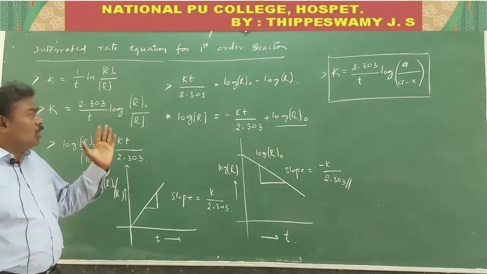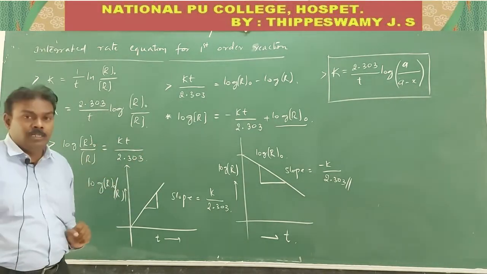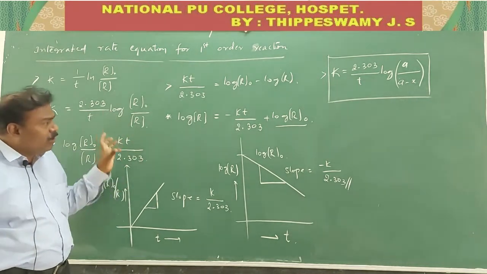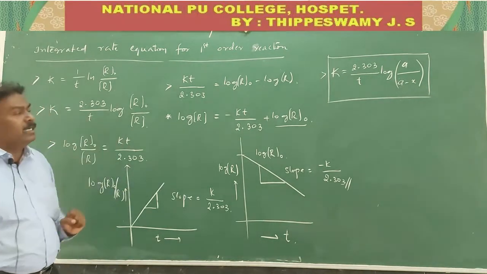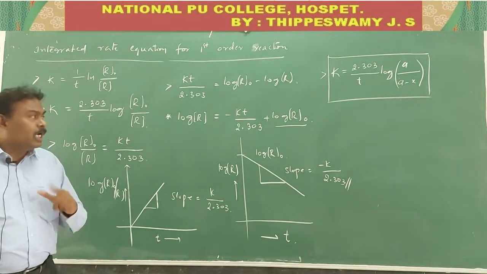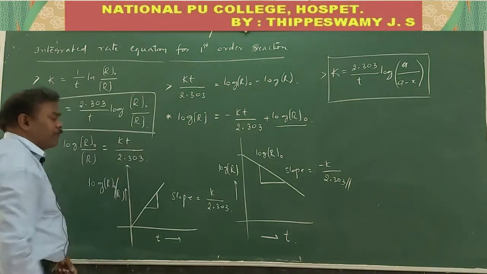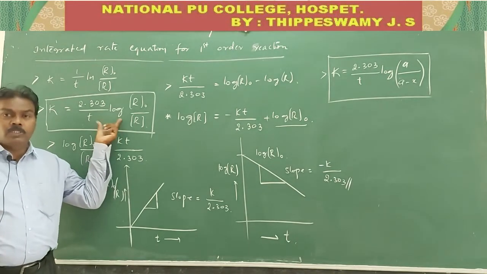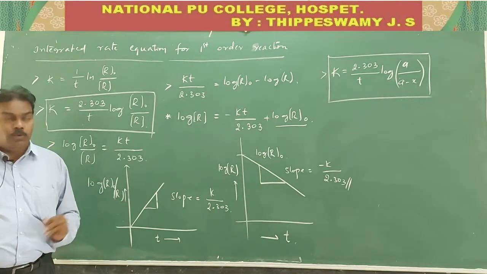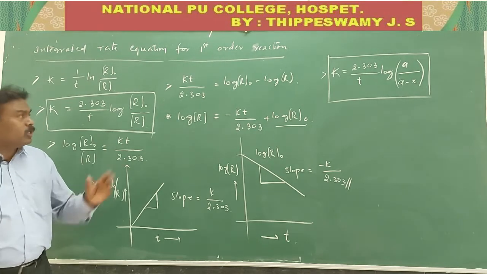So in that way, all these variables are very important. All these varieties of the first order rate constant equation are very important. In different manners we are studying all these points about the integrated rate equation for a first order reaction. These are all very very important. And remember, this equation we usually take in the numerical part. Based on this formula, there will be 3 marks or 4 marks questions in the PU level examinations. Even in the competitive exams also, a number of questions will appear based on this formula. So remember the formula.